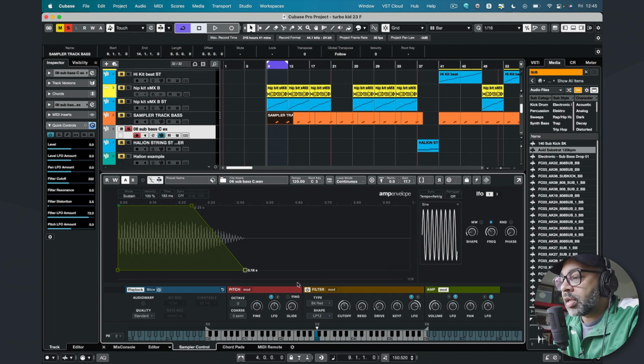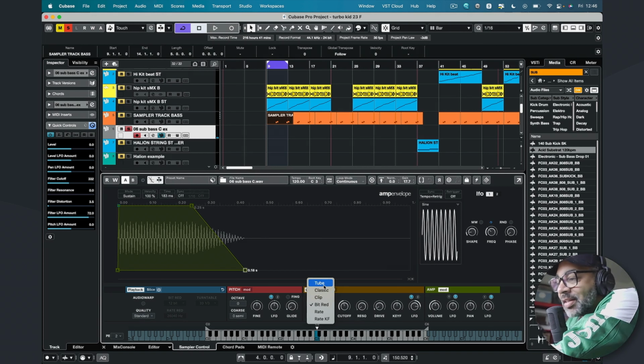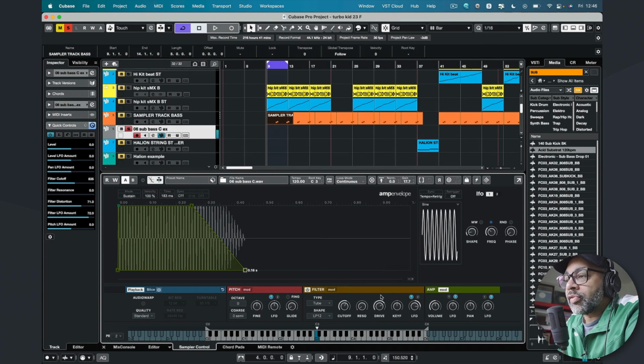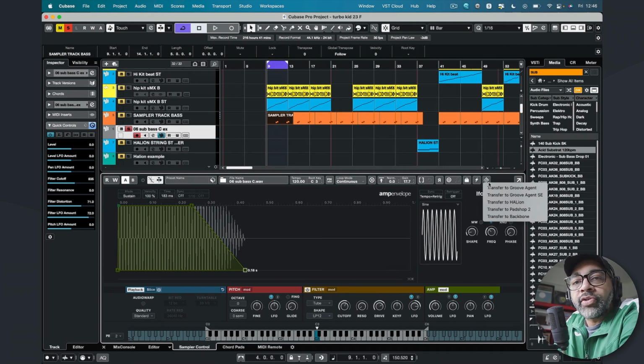So let's show you another cool trick now, another level. Another layer. So the next one is, for instance, I have this sub now. Let's make it a bit more appealing. Turn the drive up, something like that. So I'm really happy with that. So a next level to Sampler Track is, if I look here on the right, I get the option now